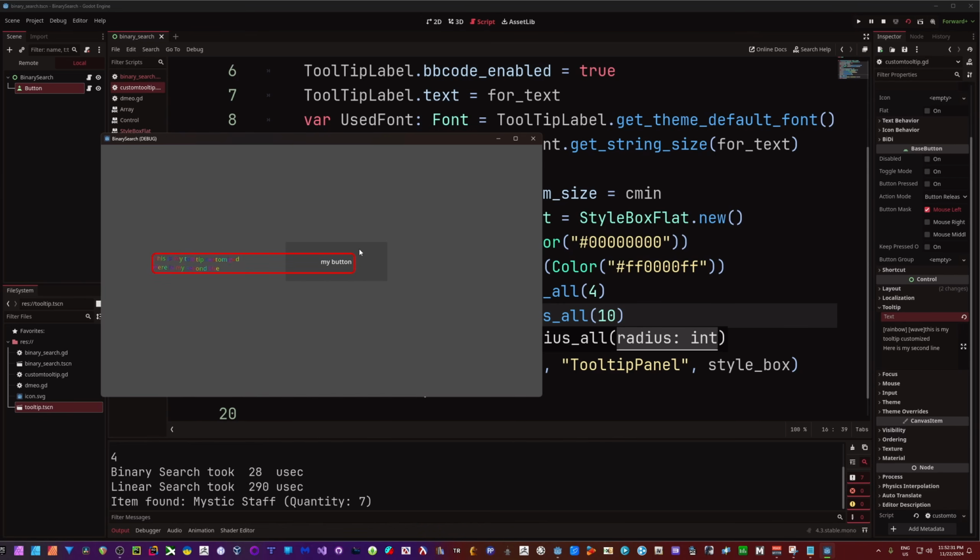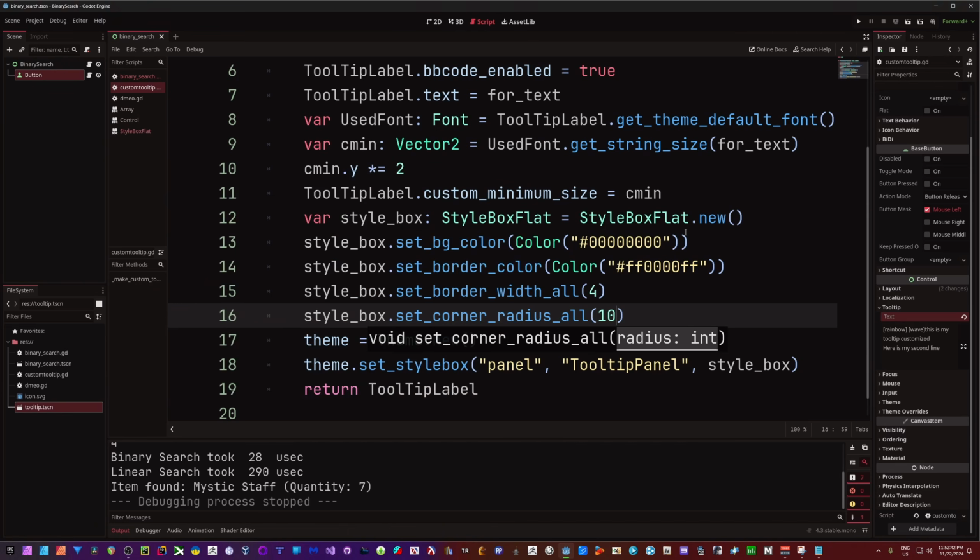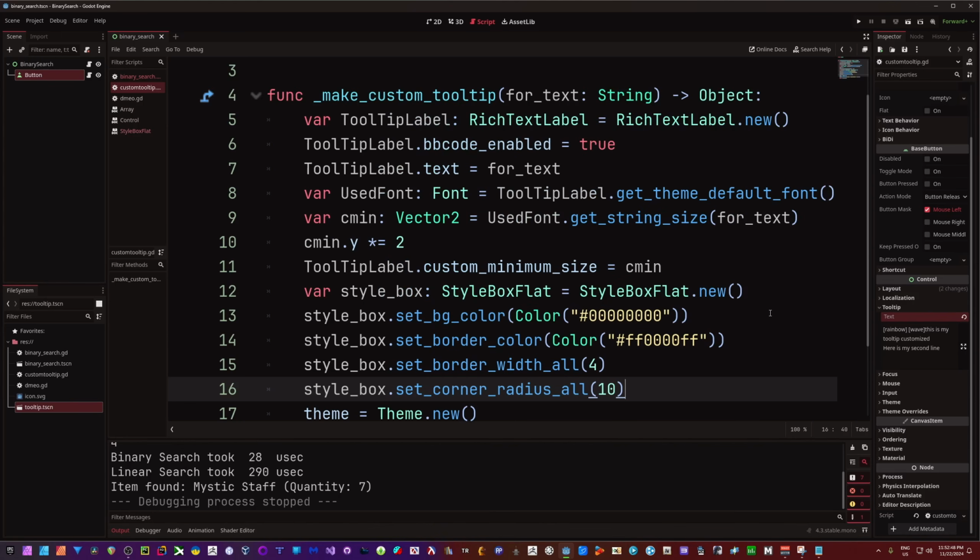Now, what about completely custom ones? Like the one I showed you in the beginning. We had the Godot icon being used as a background in with our text. Well, to do that, that's going to be more of an advanced custom tooltip. Now, we don't really have to change this code here a whole lot. What we do need to do, though, is